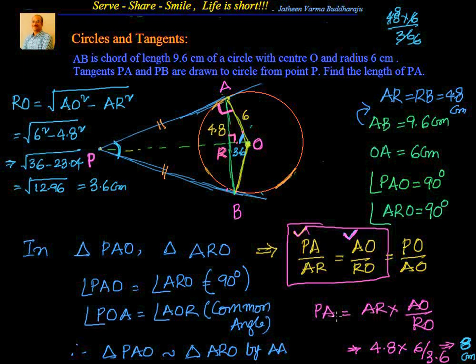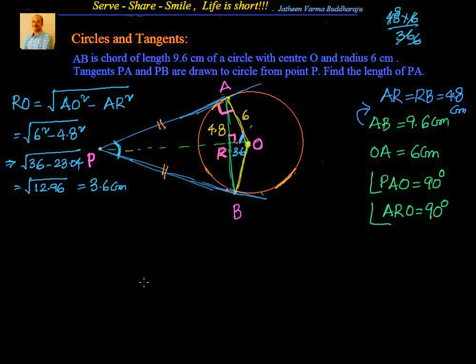So we have used here whatever concepts we have learned, that angle PAO is 90 degrees and we have a Pythagoras theorem. We also understood that if you have a chord, and the chord is bisected, then you will have a 90 degrees angle there. So we have two similar triangles. By leveraging that, we have found it. Now next time what we will do, we will use Pythagoras theorem and try to solve the same problem without using the similar triangles. Let me just go ahead and do that.